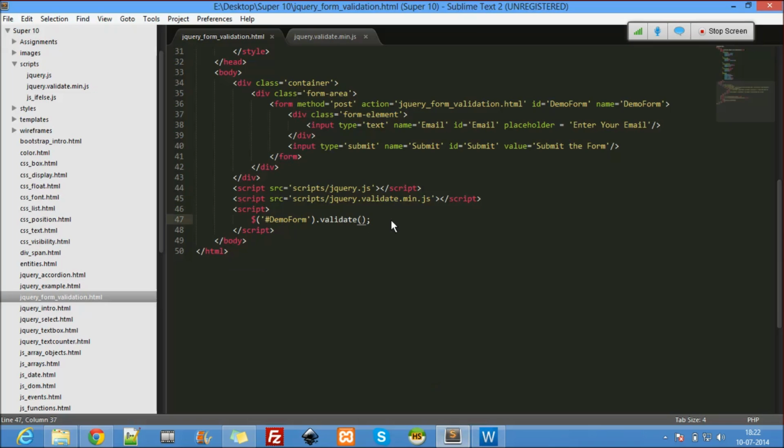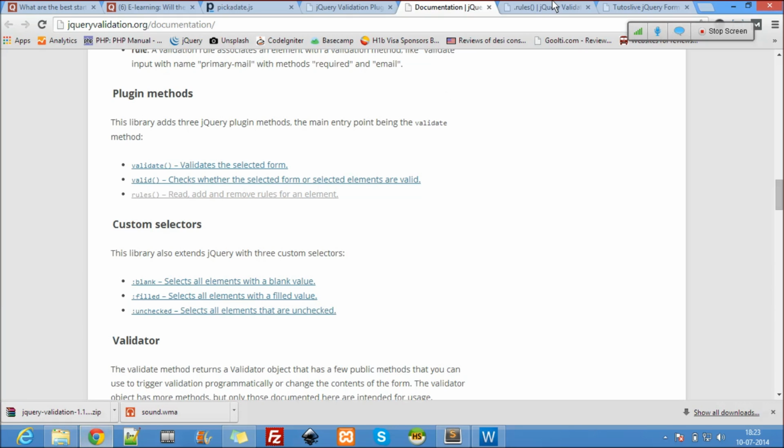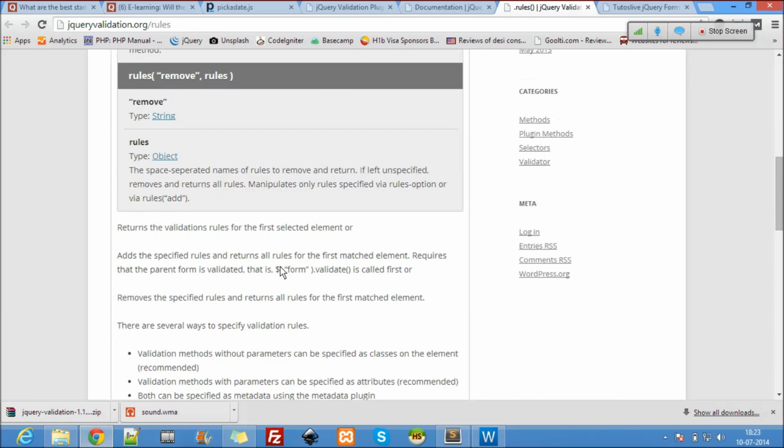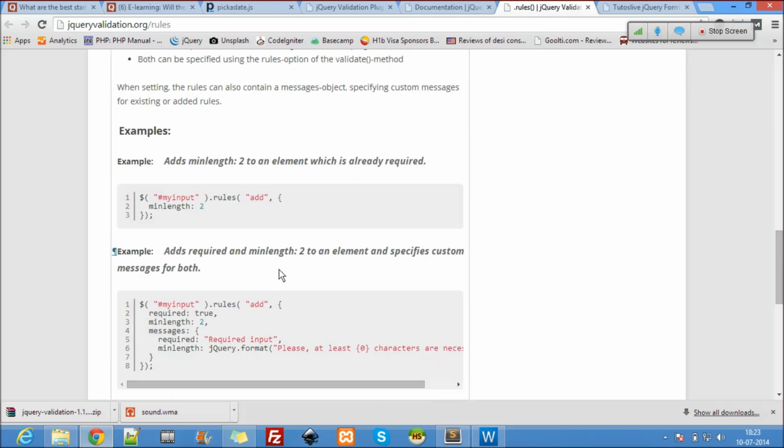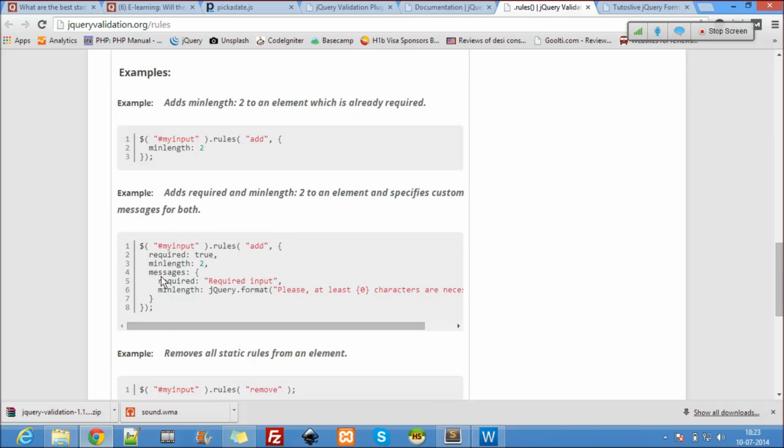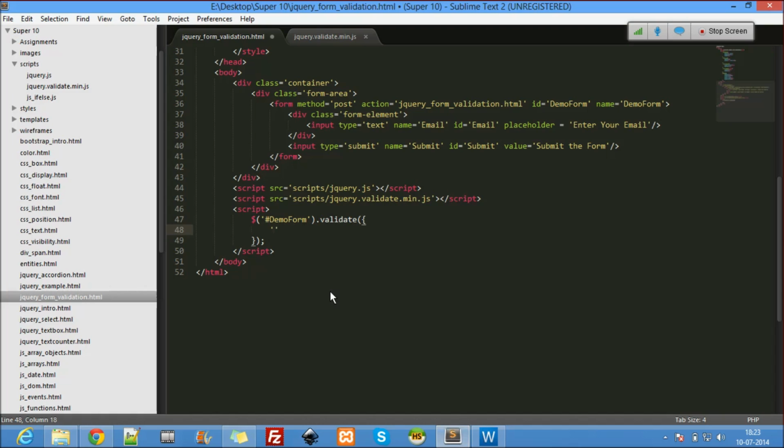So how we write the rules is very important again. So this is how we write the rules. You see here, this is the ID of the form field you want to validate. So the ID of the form field is email,